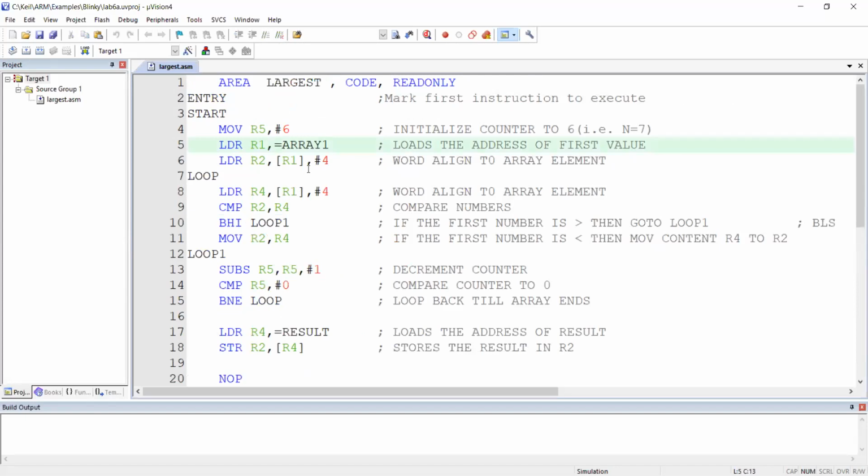Next, see the concepts here. This is a post-index addressing mode. That means what? First you take a number, load it onto R2, then you change R1. I repeat, first take the value, then load it onto R2, then update. That's the procedure. Okay, see now, what is first R1?